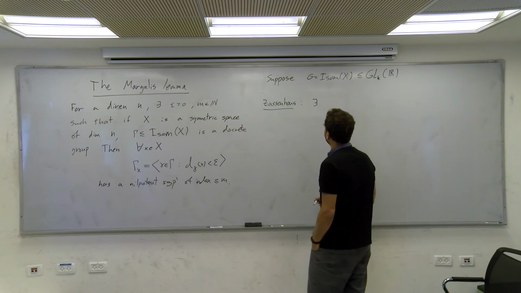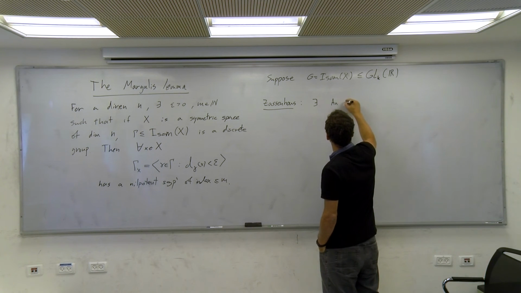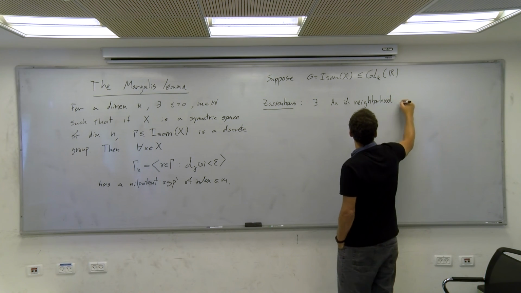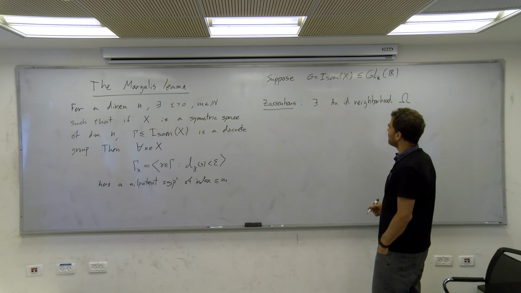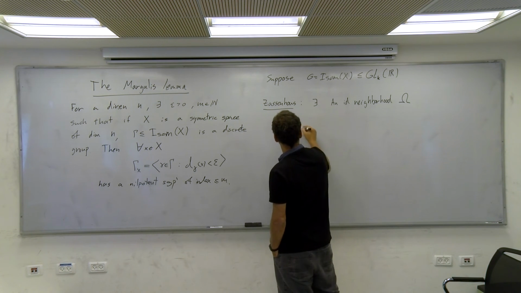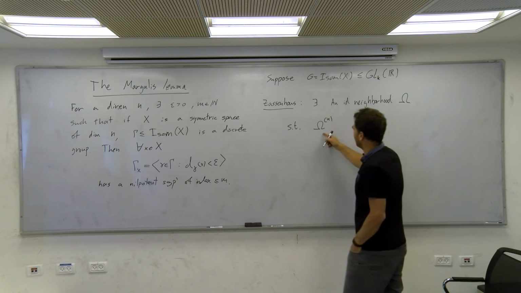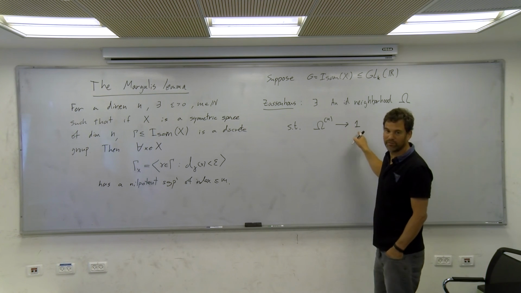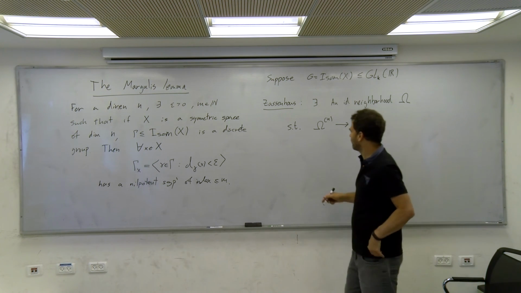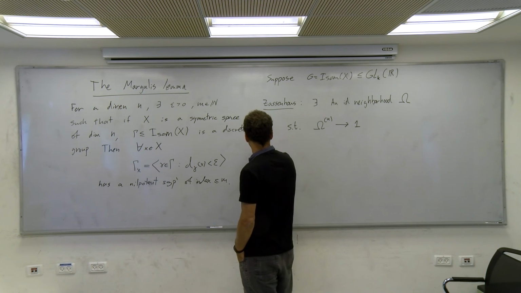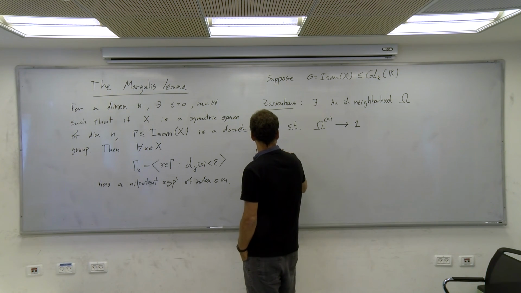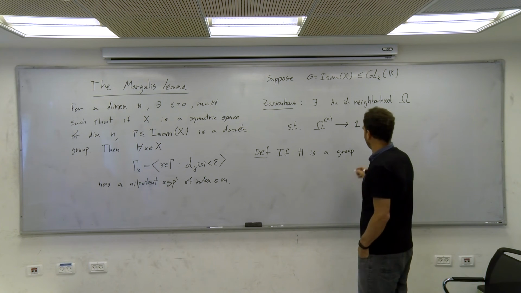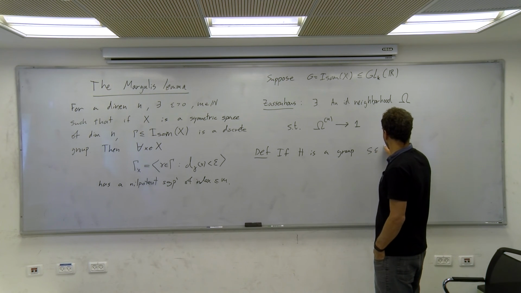There is an identity neighborhood omega such that omega to the n, which I will in a minute define, converges to 1. So I need to define what omega to the n is and what converging to 1 means. Definition: if H is a group and S is a subset of H,